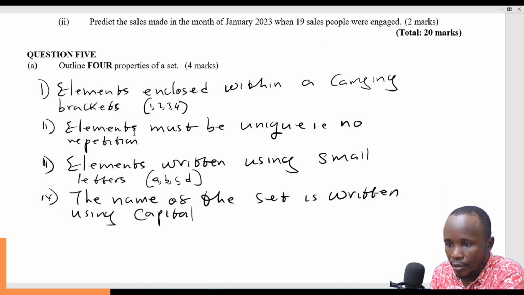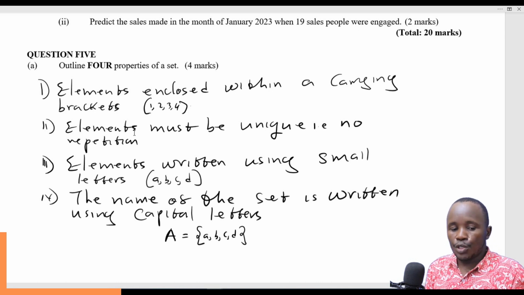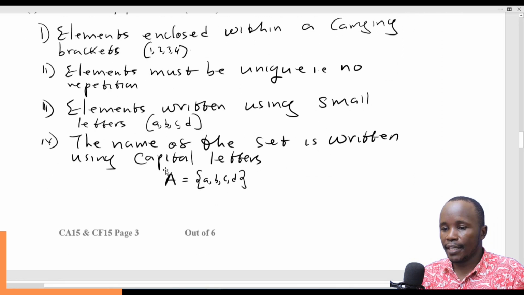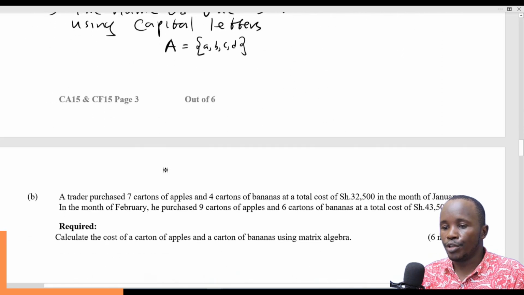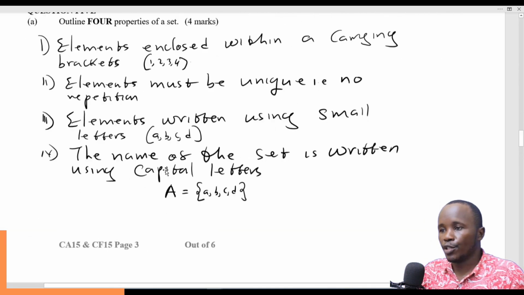When you say a set A, the set A should be written in capital letters and the elements inside should be written in small letters. So those are the 4 properties of a set that you needed to give so that you can score the